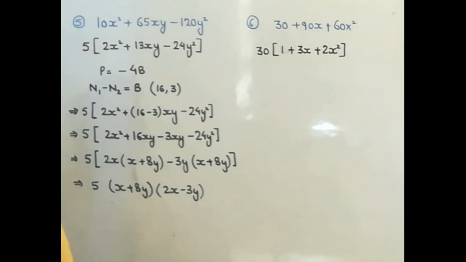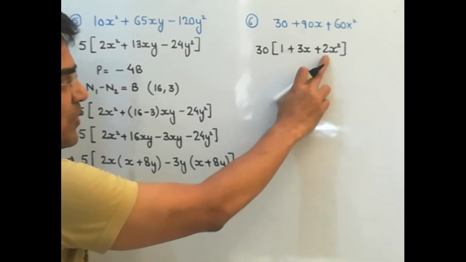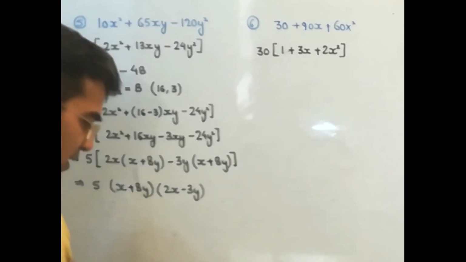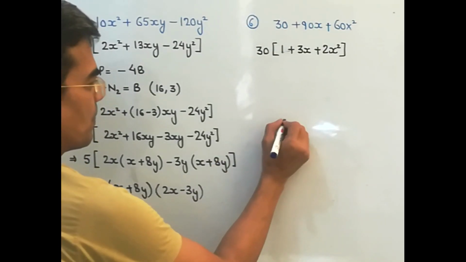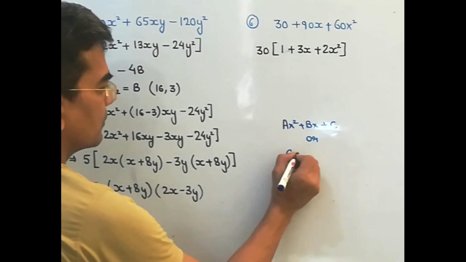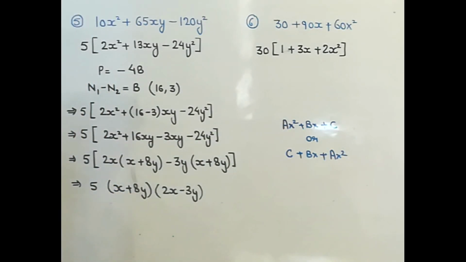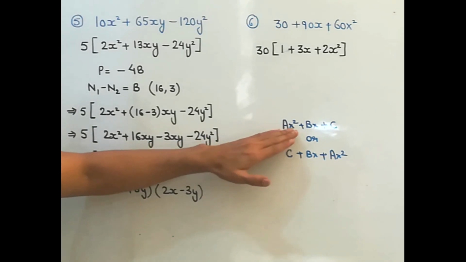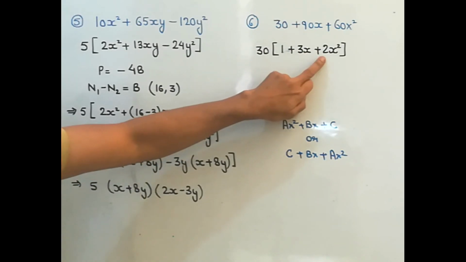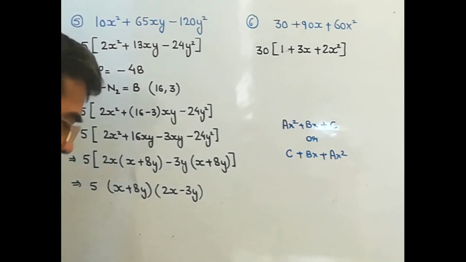Okay. Now remember, it is in that form. You can see ax square is at the last, then we have bx, and then we have c. See, either it can be arranged in this form or in the reverse order also. Both are in the correct form. Either you arrange in this or this, both will be accepted. So here this is your C, this is your B, and this is your A. It doesn't matter whether it is arranged this way or this way. Both will be acceptable in the question.